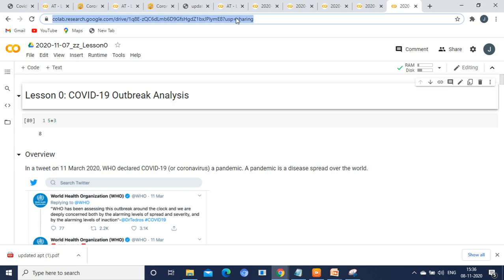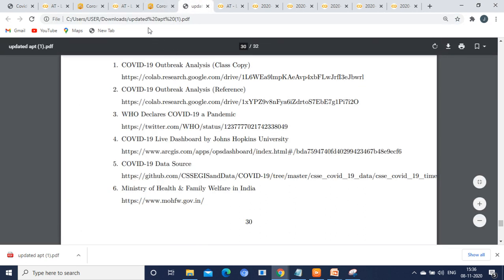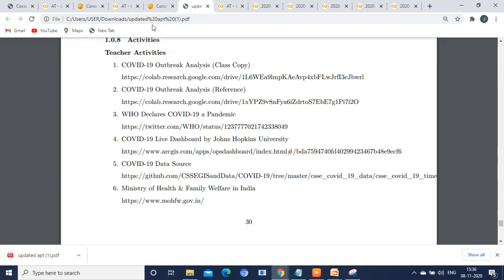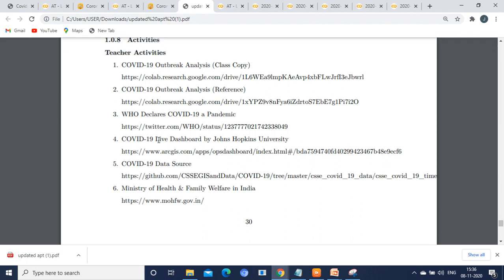Just copy this link and paste it in the chat box. Now you can explain your activity. Use the updated PDF for creating the class copy, right? Now you can ask the interviewer to click on this dashboard activity. Since it is a teacher-student activity, ask the student to share his screen because you are going to explain it and the student is going to do it.